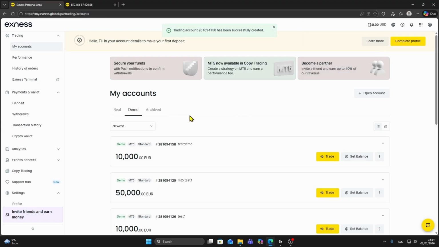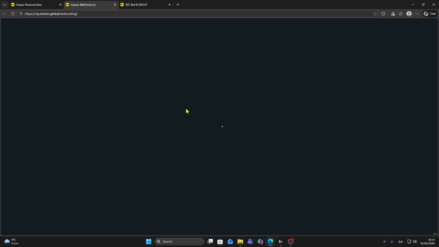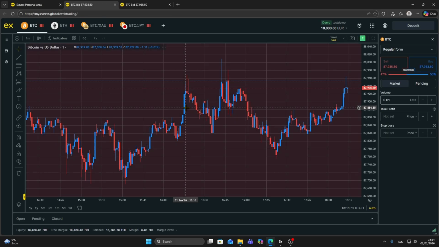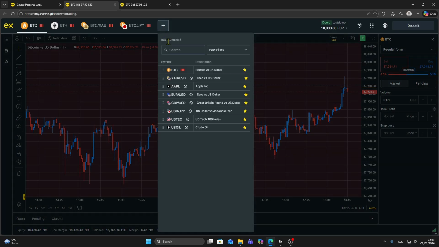And now once your account is created, you just want to click on this yellow trade button next to your account. And you can also choose MetaTrader 5 if you want to trade on MetaTrader 5, but I will show you how you can trade on Exness Terminal. So click on Exness Terminal and this will open this terminal where you can start trading. So firstly, you can find your instrument for which you want to trade. So you can click on this plus button and you can search for, let's say, Bitcoin,